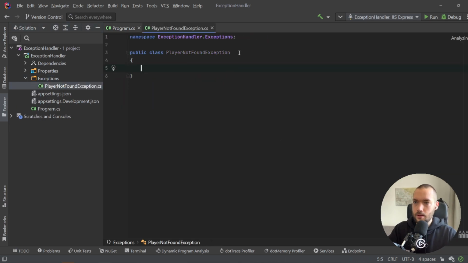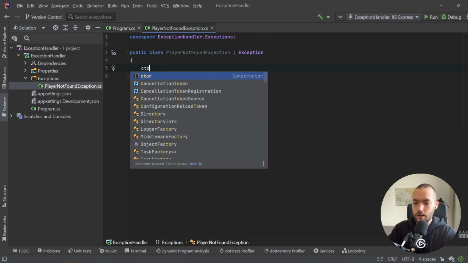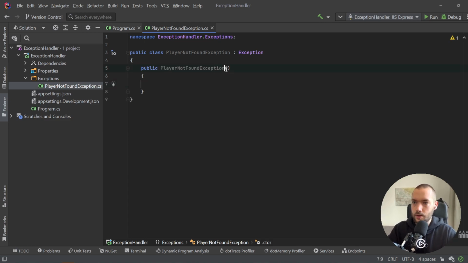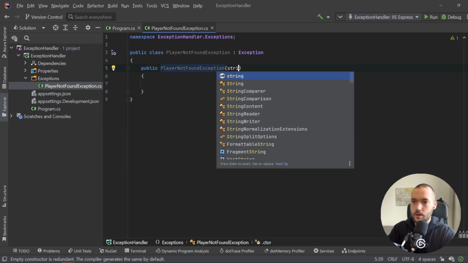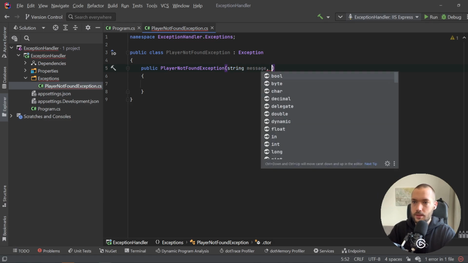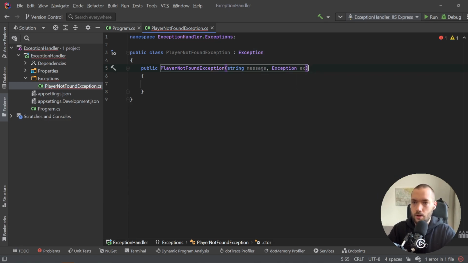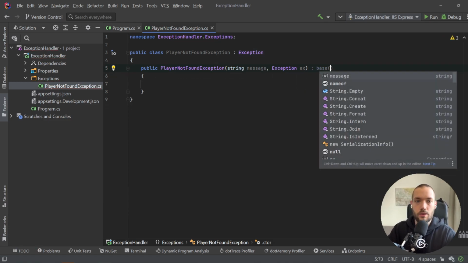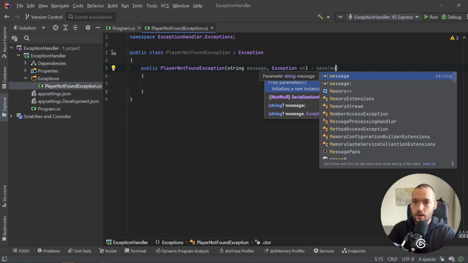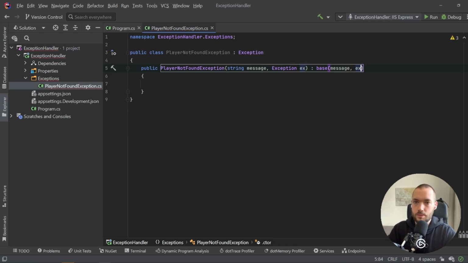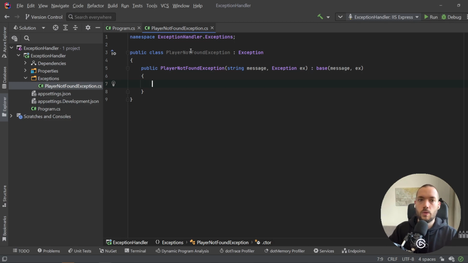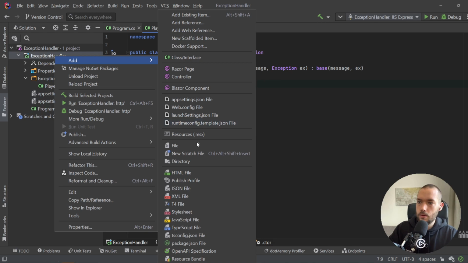Let's say we have to inherit from the exception class, create the constructor of it, and in the parameters, remember to have the message and also the exception base constructor of the exception class, message exception. So we have our exception here, and now the